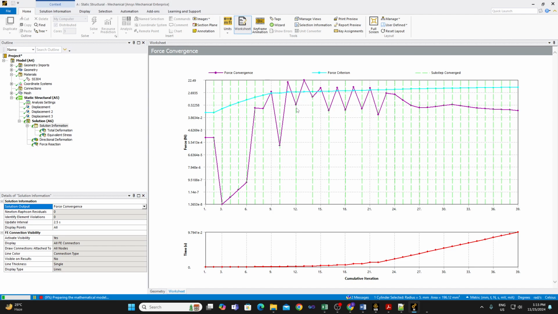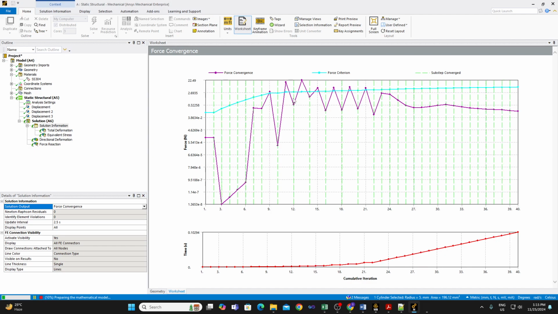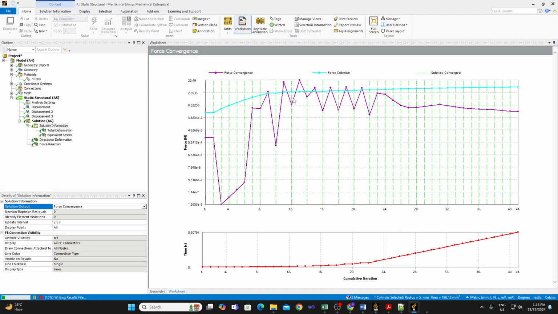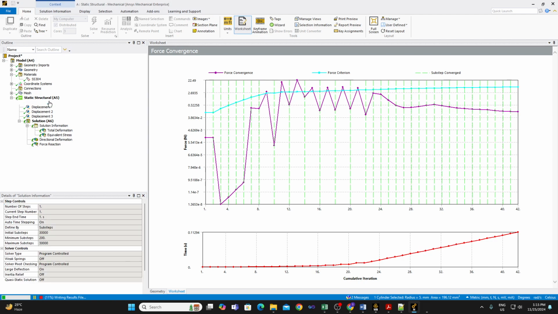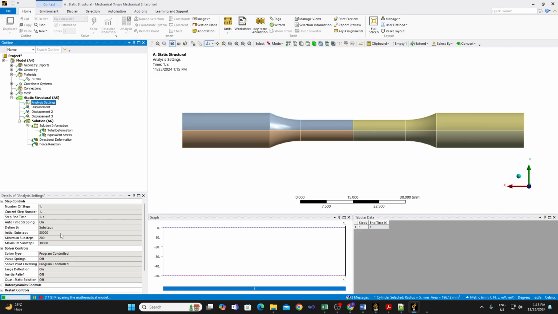So no bisection is happening right now. But if you take a much larger initial time step size, or a much smaller initial number of substeps, then the bisection may happen, or even divergence may happen. So it is always good to be on the safer side by taking a larger initial number of substeps,